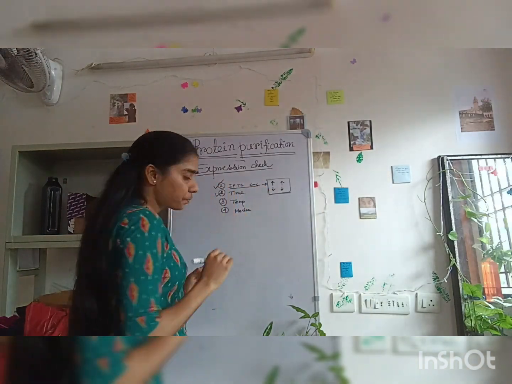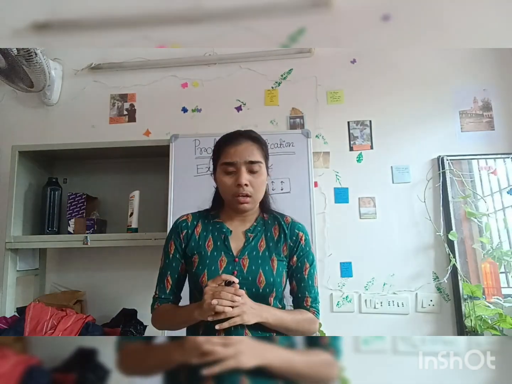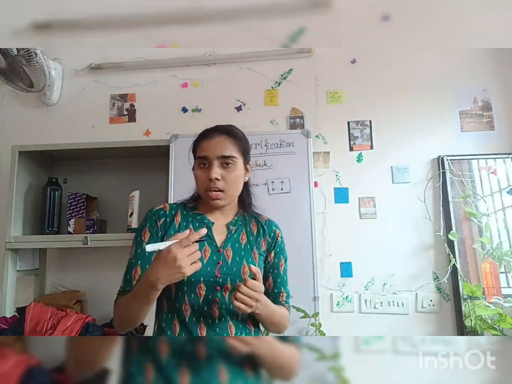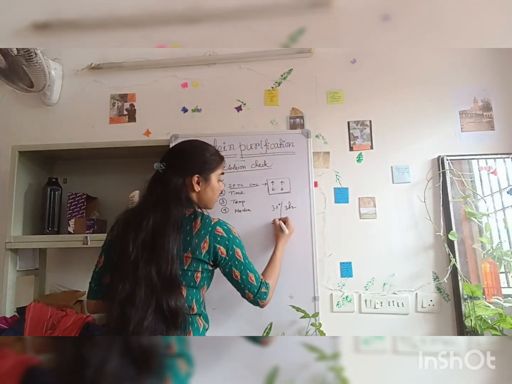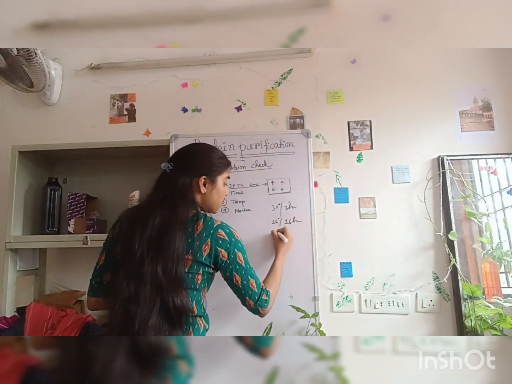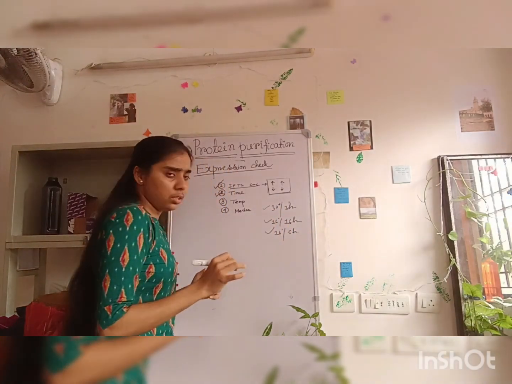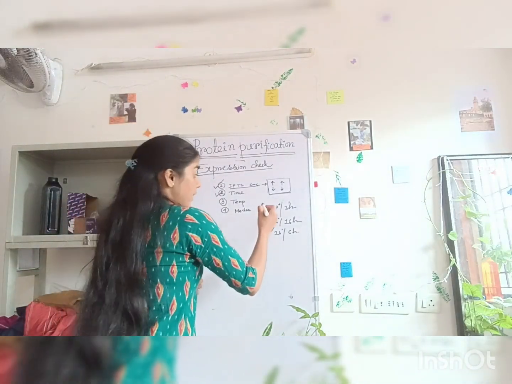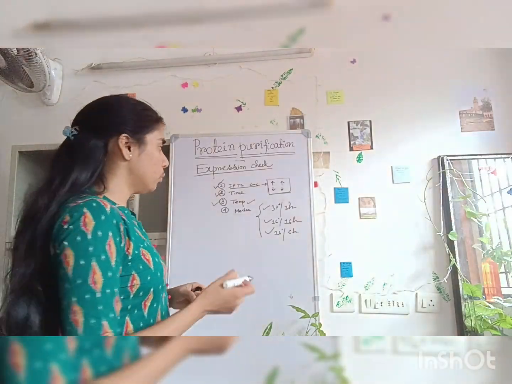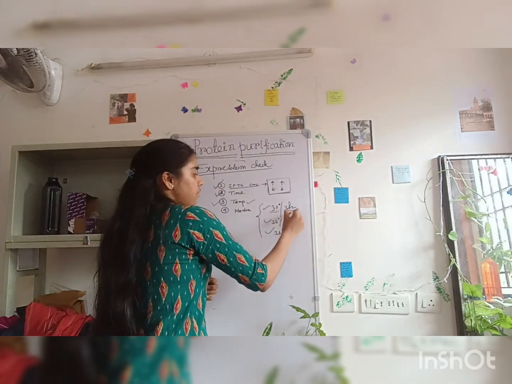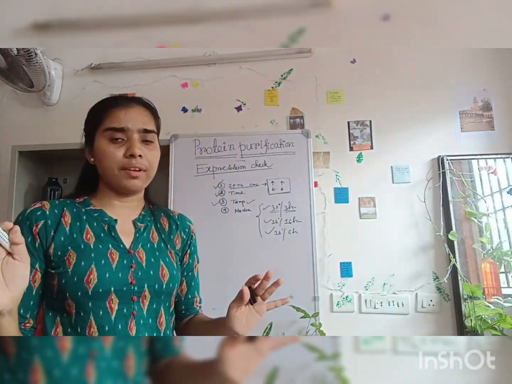Now the time. What people generally do, there are different timing periods you can grow your cells. One we generally use is 37 degrees Celsius for 3 hours, or 16 degrees Celsius for 16 hours, or 16 degrees Celsius for 6 hours. We use these kinds of timing, and I also included temperature here. Temperature is also a point. Now what people generally do, they grow at 37 degrees Celsius for 3 hours, and it generally takes less time. So people are done with that 3 hours and they go for the protein purification.